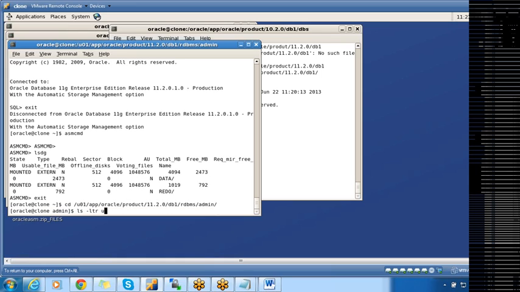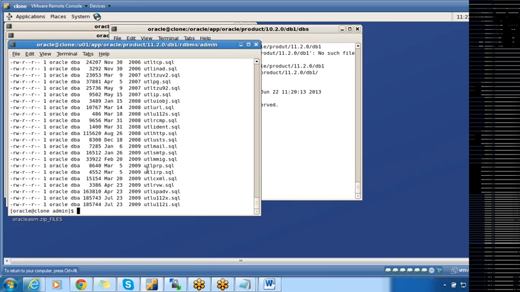you will have a script called utlu*.sql. Yeah, so utlu112i.sql. Each and every version will have this utility. This RDBMS software is 11g R2, so that is the reason why it is named utlu112i.sql. 112 means 11g release 2. If you are going for 12c in the future, you may have the file as utlu12ci.sql. So first you have to run this script.